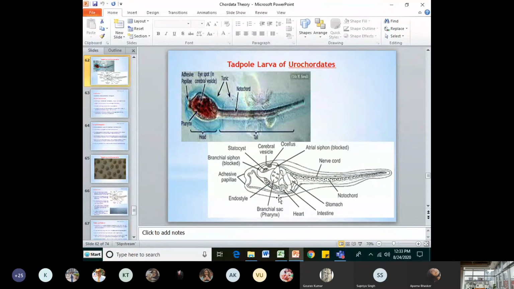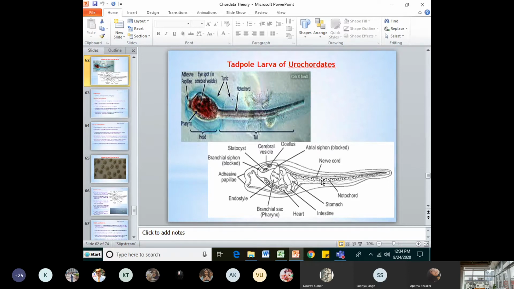Okay, and because it has many structures, we can say that this is more developed as compared to its adult, because when we see the structure of the adult, many of the structures are lost during the developmental process. And in the tail region, the notochord is there in the center. It is running from the anterior end of the body to the posterior end, but mostly it is restricted only to the tail region. It does not extend up to the head.